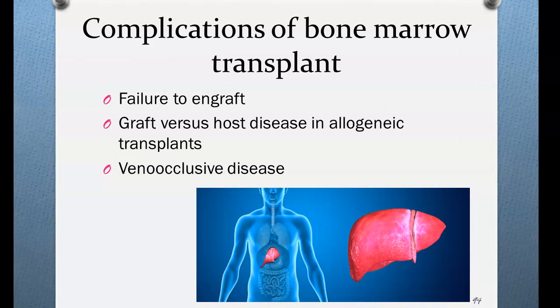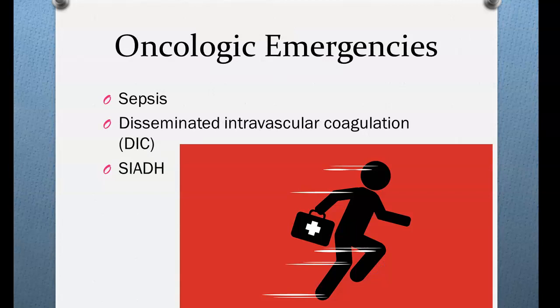So we want to look at some oncological emergencies. We talked a lot about infection being one of our biggest concerns when we talked about leukemia, Hodgkin's, the different cancers we've just been talking about. So key is prevention of sepsis, with strict adherence to aseptic techniques during invasive procedures and during contact with non-intact skin and mucous membranes. Teach the patients and the families early manifestations of infections and when to seek assistance. Management includes decreasing infections with antibiotics, or